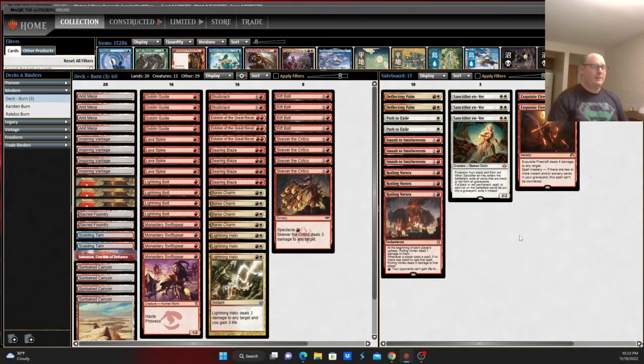As far as the deck's positioning in the meta, I don't think Burn has been particularly well positioned, but I don't think it's horribly positioned right now either. Do I think this is the optimal list? Probably not. I do think you should be running the stock 4 Eidolons, but it was a thought exercise, and as you'll see in the matchup that we're playing today,